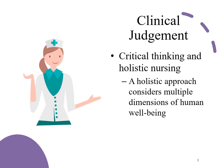Critical thinking and holistic nursing. So we're talking about a holistic approach with all the dimensions of human well-being. So starting off with the body, maintaining physical health with diet, exercise, medications, over-the-counter or prescription,